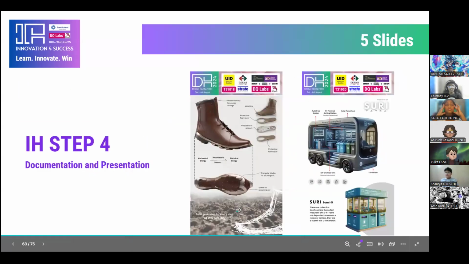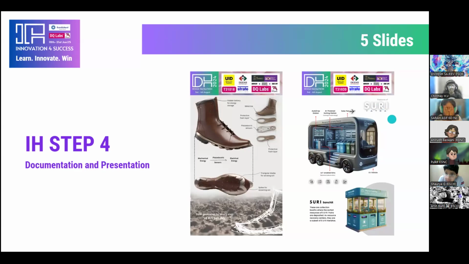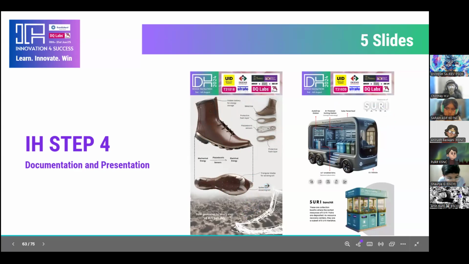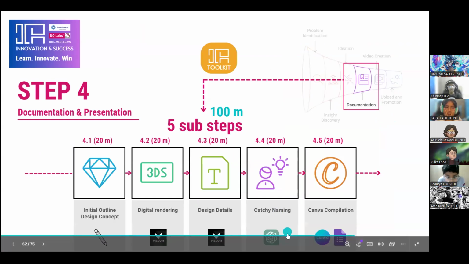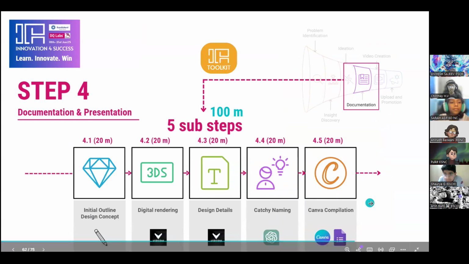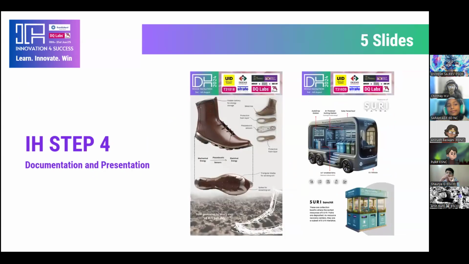Another thing you would have noticed in these examples is there's always a catchy name. So this is known as Suri, and this, I guess, was known as Bharat Boosters. So you'll also be able to generate a catchy name for your design. And again, you'll be getting some ChatGPT prompts, which will help you generate a catchy name. And the final sub step here is to document it in Canva, like I've shown you here. So this entire step is to create a final image using Viscom and to document that using Canva. I hope that was clear.